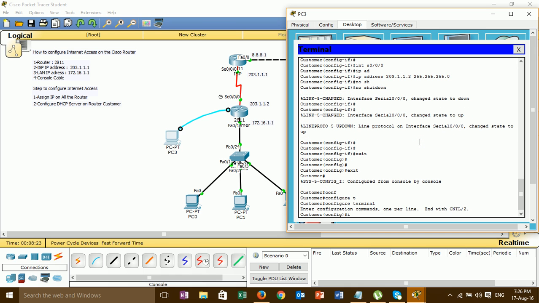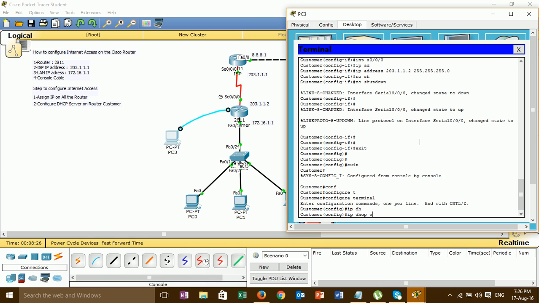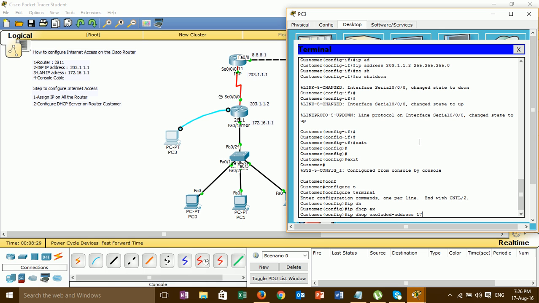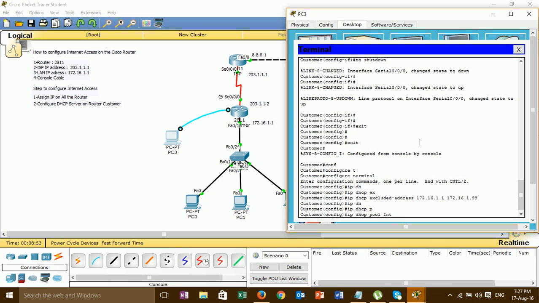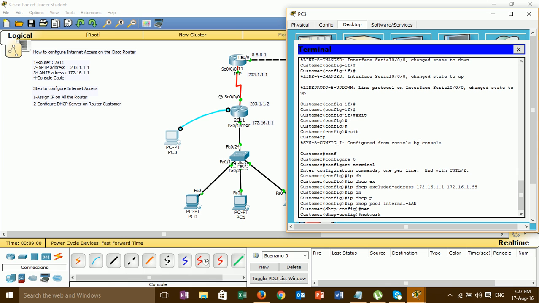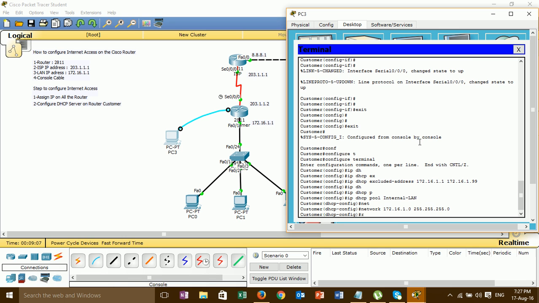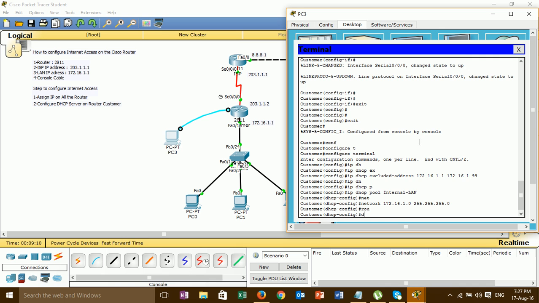IP DHCP excluded-address, then IP DHCP pool internal, LAN, network, then default router.